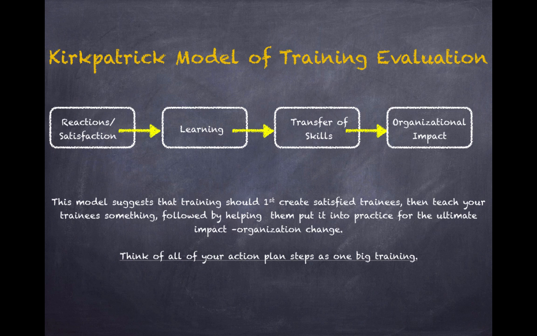So really what this model is suggesting is that training should first create satisfied trainees. Then you should teach your trainees something, followed by helping them put it into practice for the ultimate impact, which is organizational change. Now this particular model, I should step back and say, is used in a number of different contexts. What I've used it for is, I've implemented a particular training at the agency level for all of the individuals at the agency. And then in terms of using this model, I actually went through all of these steps and measured each one, from reaction and satisfaction, to learning, to transfer of skills,